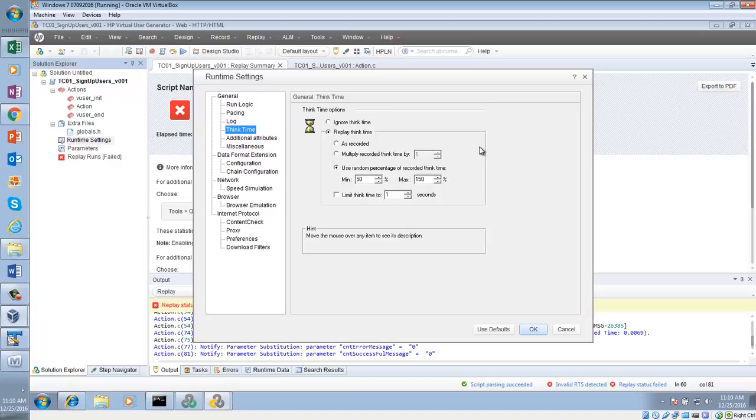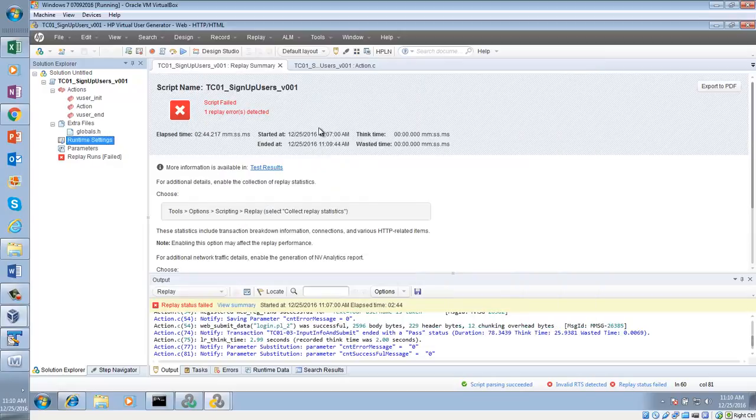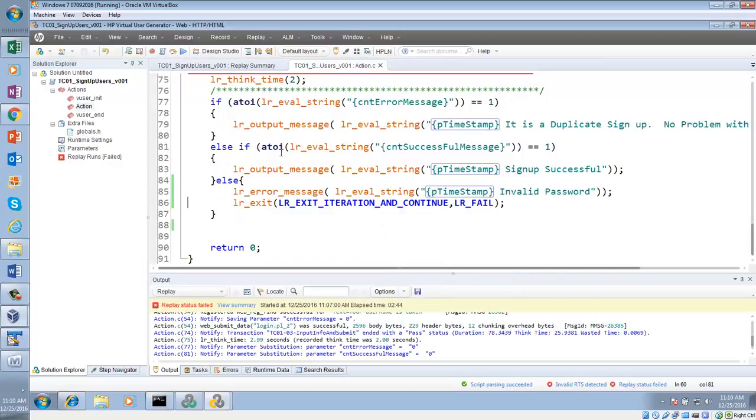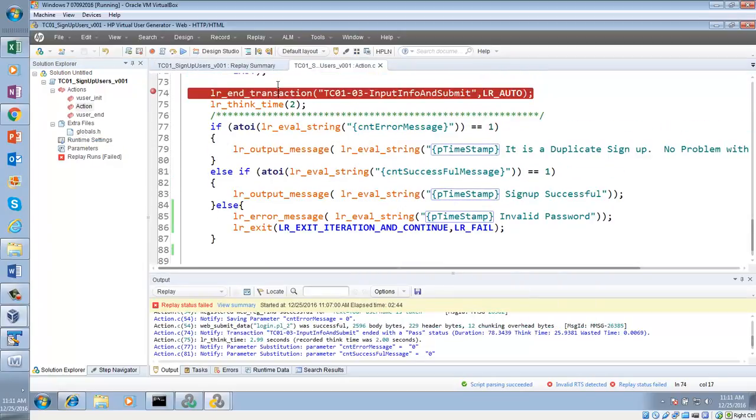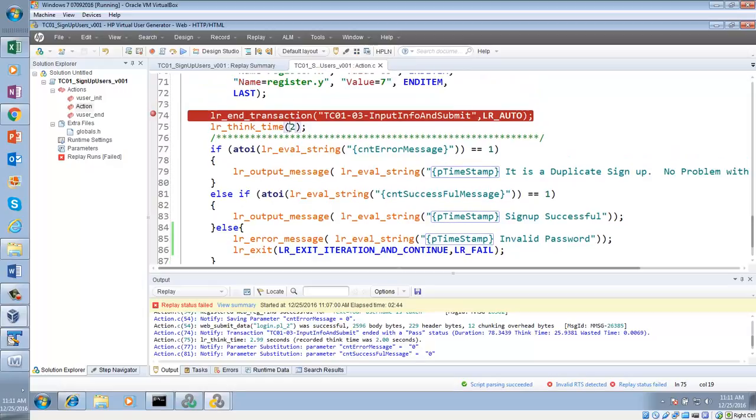So what we are saying is, if your script has a think time of 2 seconds, sometimes it will make it 50%, so it will be a 1 second think time. Sometimes it will make it 120%, sometimes up to 150%.